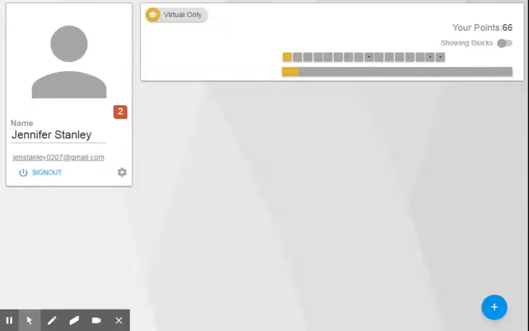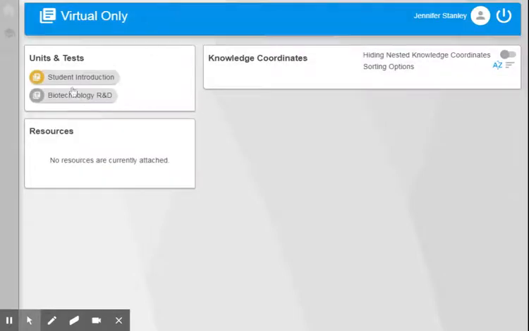Okay, so once you read all of what you're supposed to do in the assignments and you go to Paxton Patterson, which I've linked in your assignment, you will log in and you will come to your home page. This is your home page. Okay, you will click on virtual only. Okay, you will see a list over here on the side of